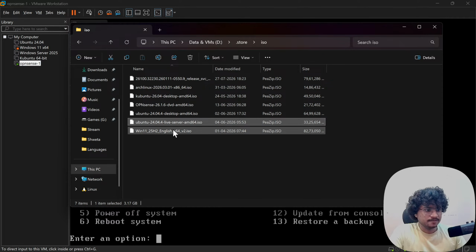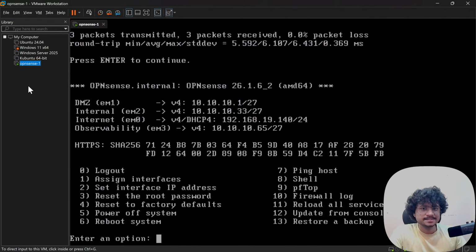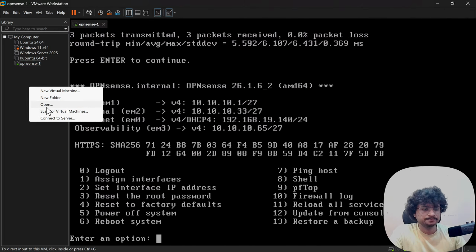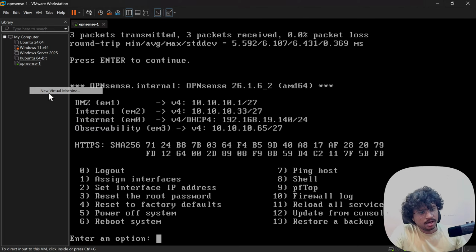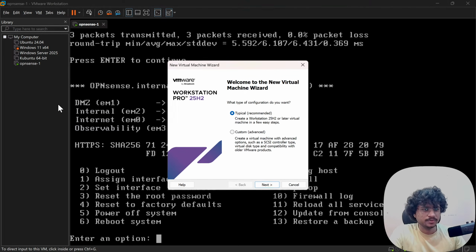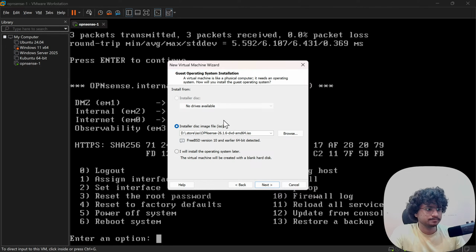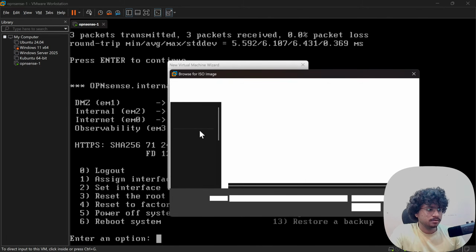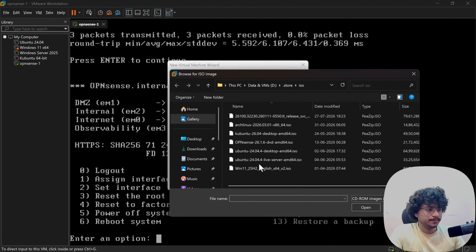I actually need Ubuntu Live Server. Okay, let's make the mirror server. I'll name it Mirror One, new virtual machine. Mirror One.